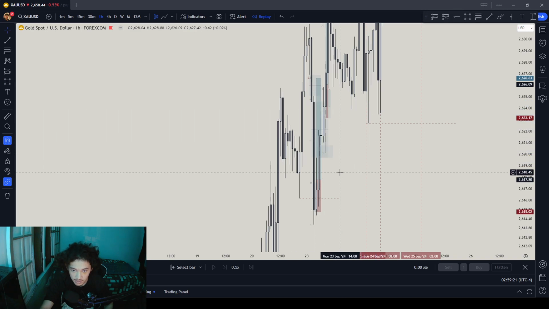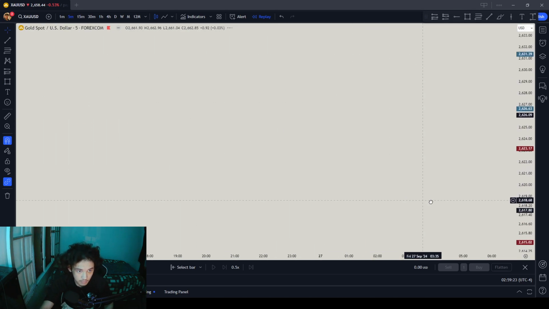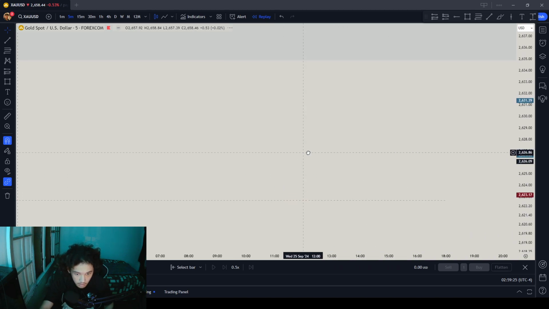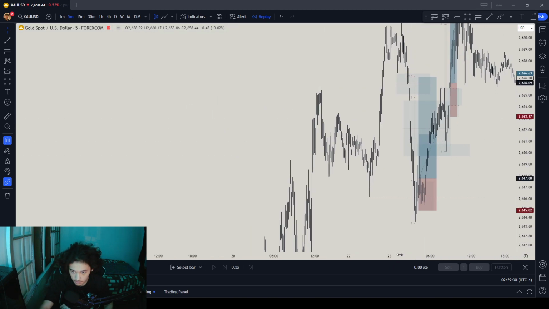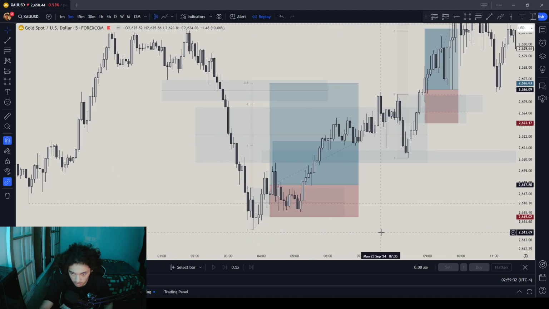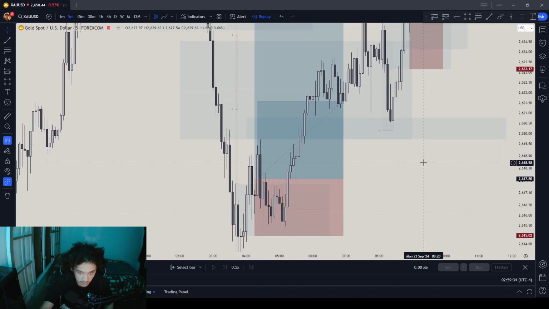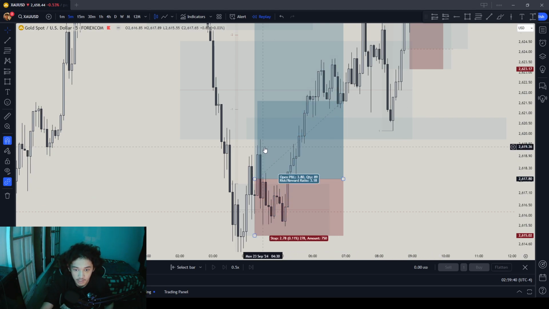But when it did get touched, I didn't care because I'm going with the higher time frame, right? Because we already had our 4 hour super liquidity, and we already had all the criteria to get in. We had our sweep, so this one right here doesn't really matter. Market first traded it, right? So the time we entered, it never touched it, right?